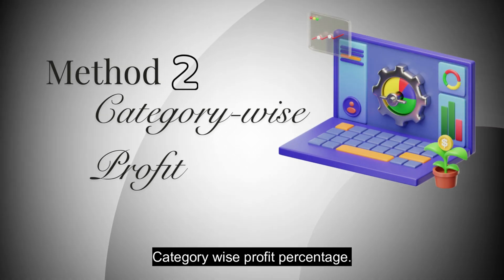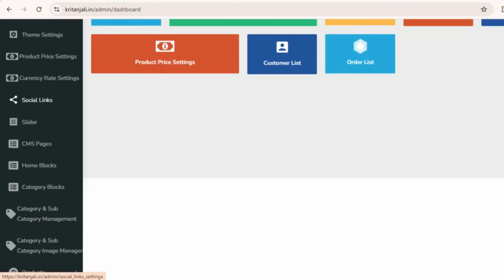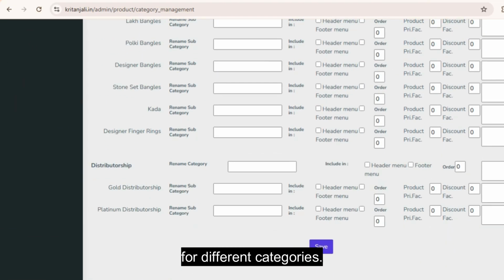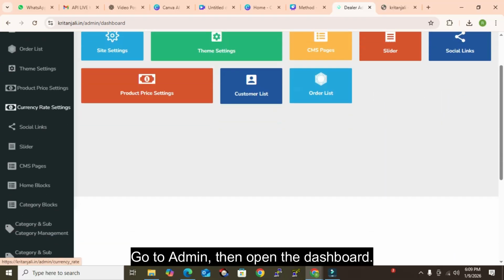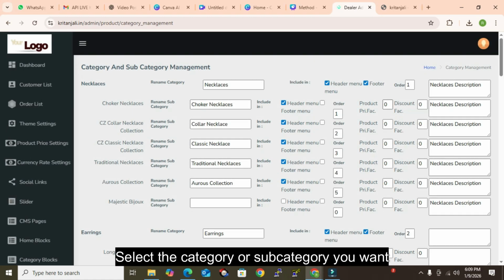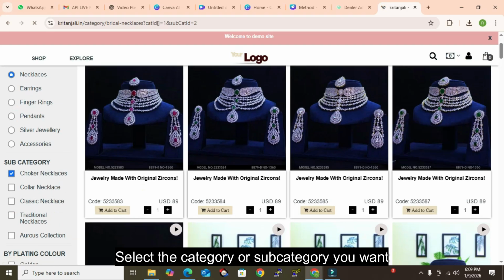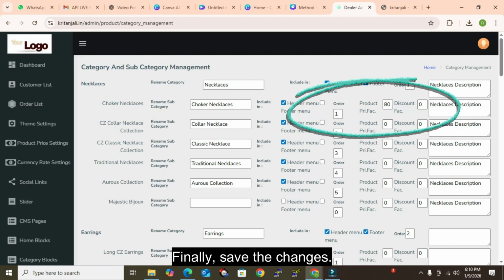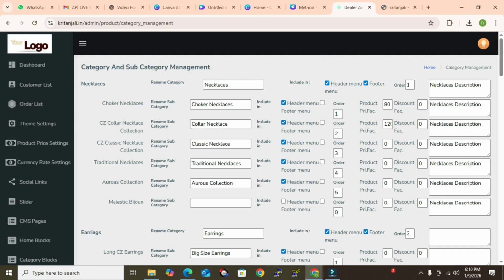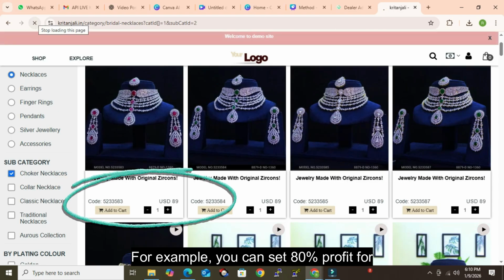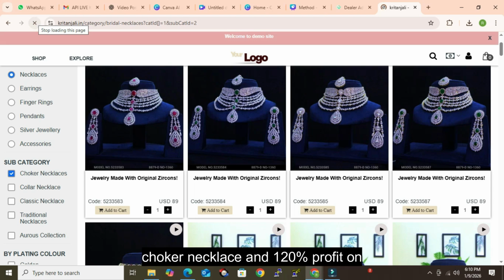Method 2, category wise profit percentage. This method allows you to set different profit margins for different categories. Go to admin, then open the dashboard. Click on category and subcategory management. Select the category or subcategory you want to edit. Add the profit percentage as per your choice. Finally, save the changes. For example, you can set 80% profit for choker necklace and 120% profit on the classic